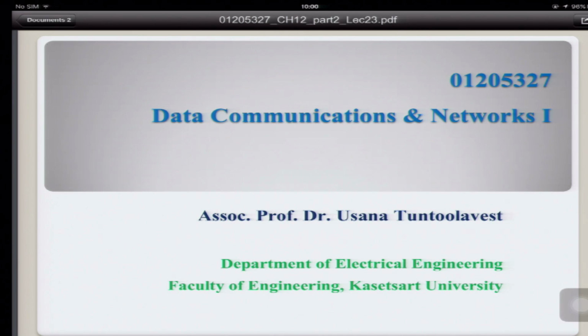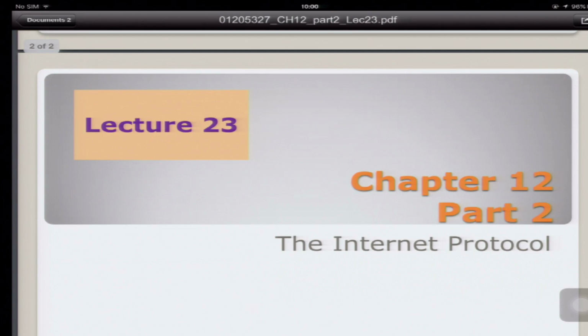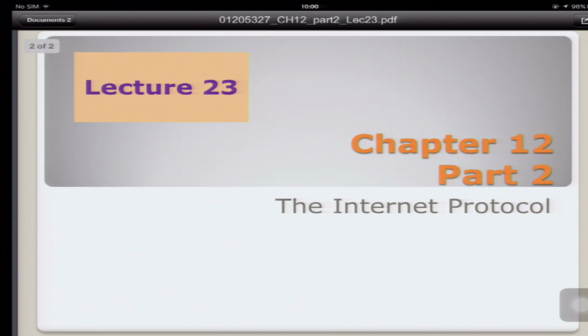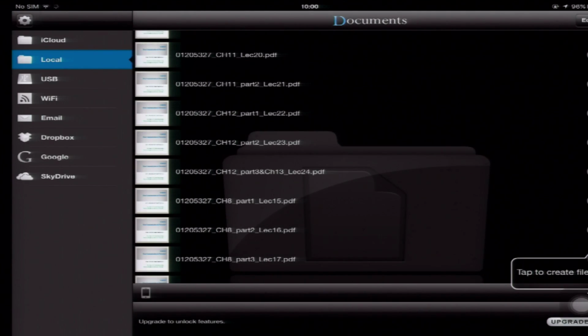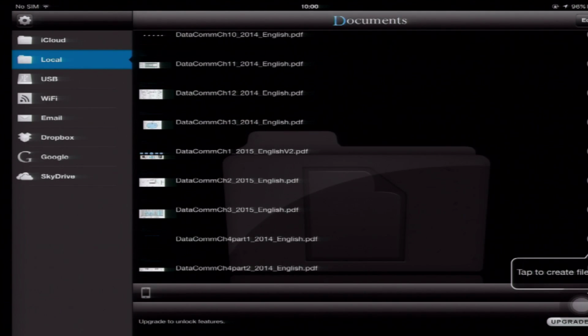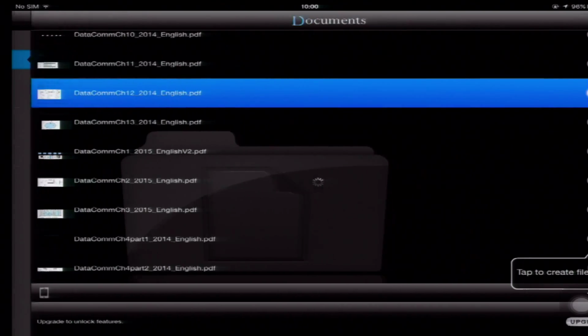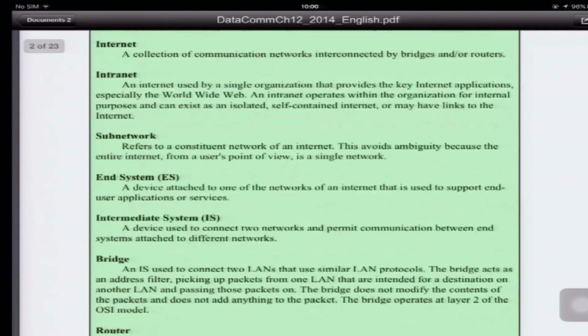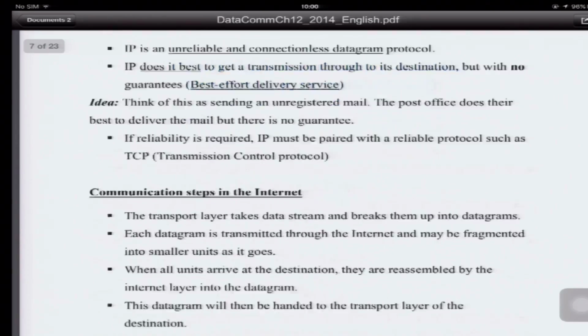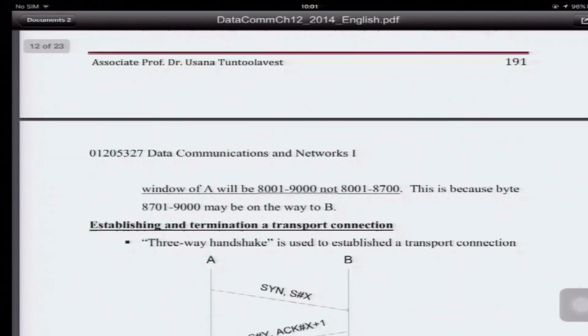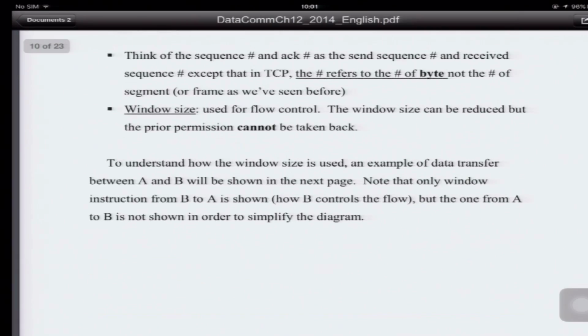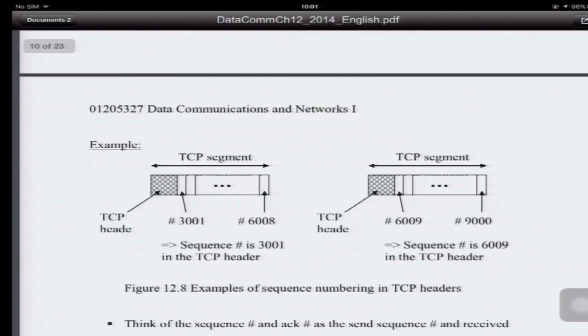For today, Data Communications and Network 1 class, this is lecture 23. This is chapter 12, part 2, the Internet Protocol. We will continue with the TCP protocol. Last time we finished over here, about the